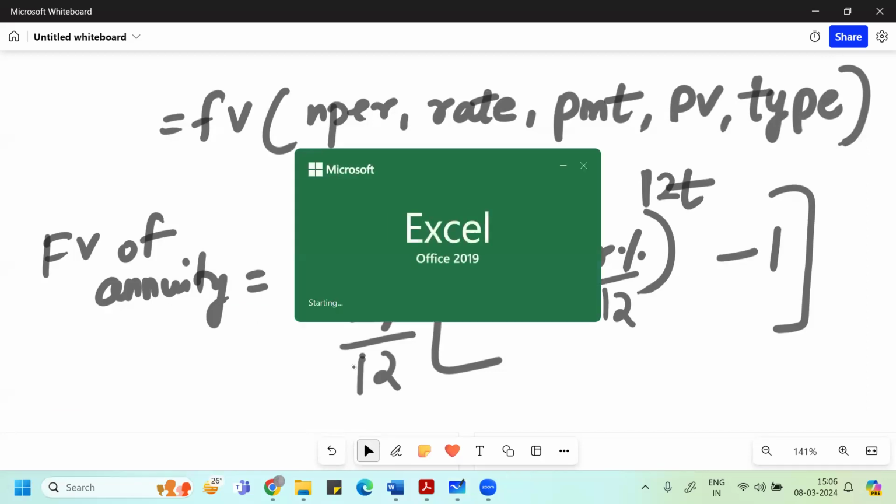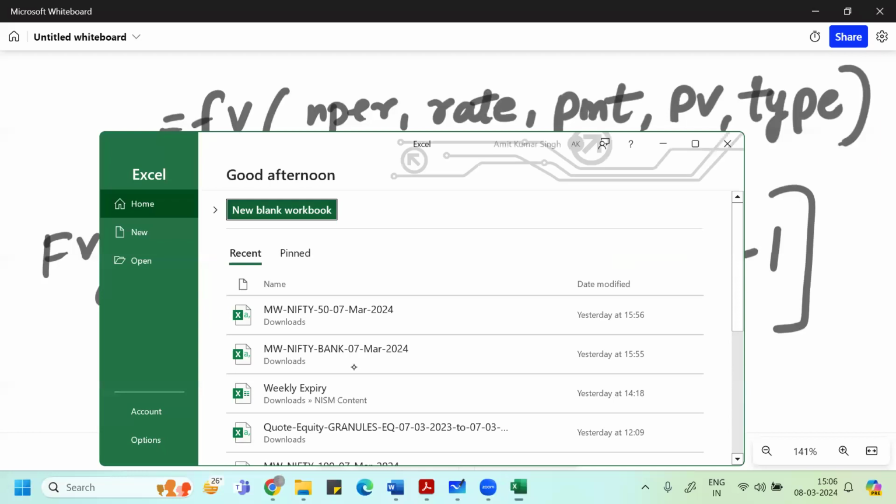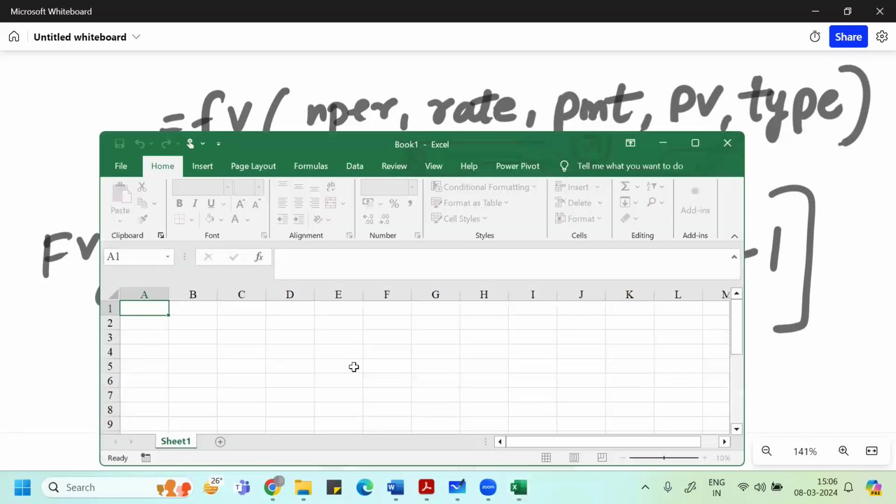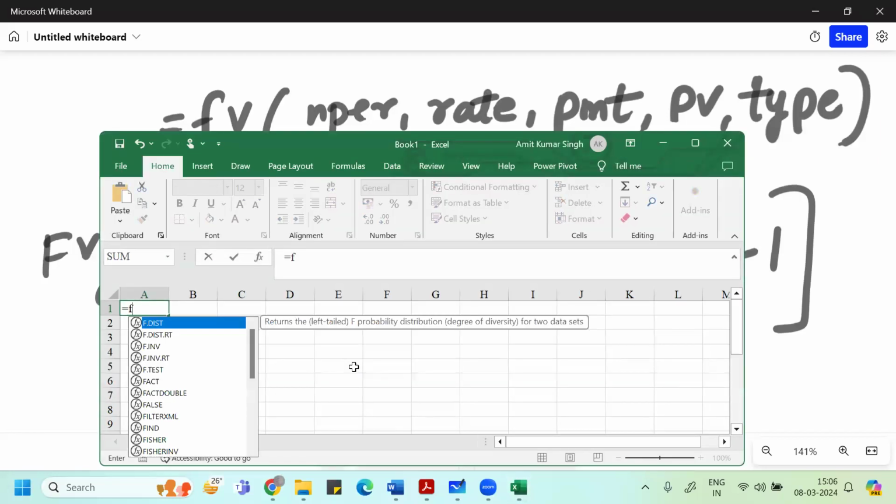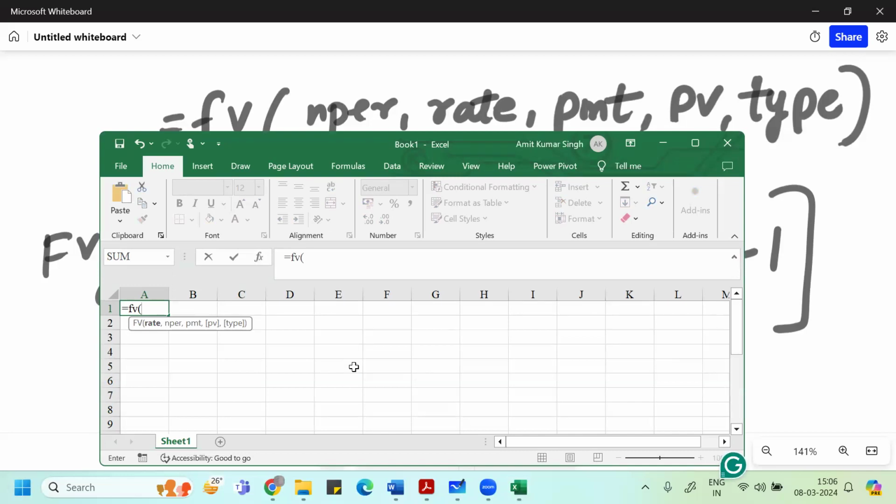Otherwise, if you want a mathematical calculation showing these things, I'll definitely try to put it in my further videos. I'll just show you this. You just write FV and then rate. You understood what rate is. Rate is the rate of interest, what I've written. NPER you understood, that is the time period. PMT means annuity. I gave you an example that for buying a house, I have put a corpus of,